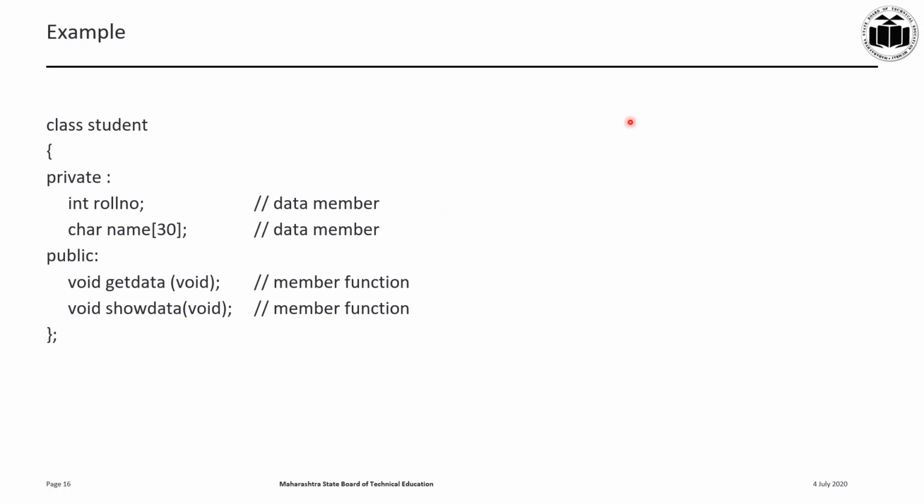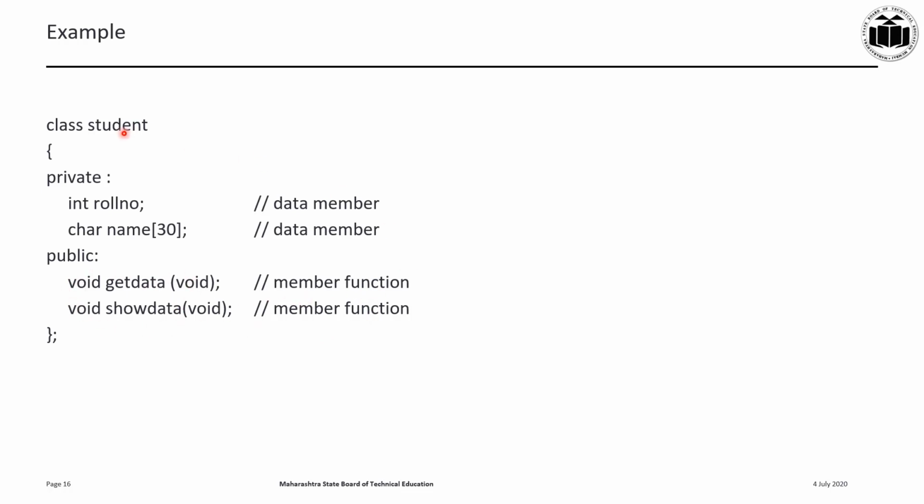In this learning outcome we will only see how to declare and define your class, how to write down only the class. Whatever is about the member functions, we will see in a later part or in the next learning outcome. So the class name is student. After that, private access specifier and public access specifier: whatever you have declared in the private access specifier can be accessed only by the member functions you declare in the public access specifier.